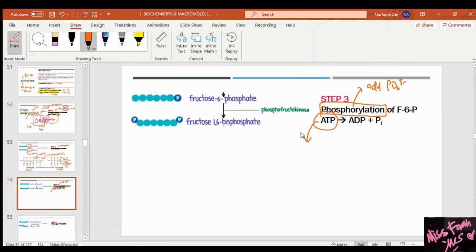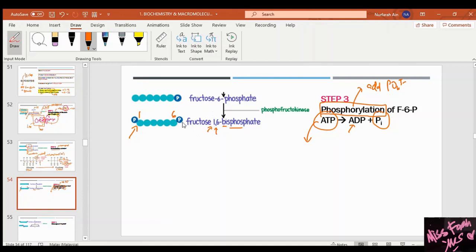So we invest our own ATP, and we convert it into ADP, which is a low energy molecule, with the phosphate group. So this phosphate group, the second phosphate group that we have, is attached to the first carbon. Okay, so that's how you get from fructose 6-phosphate, when it is phosphorylated, you convert it into fructose 1,6-biphosphate. The reason why it is fructose 1 is because the phosphate just newly added is attached to the first carbon,